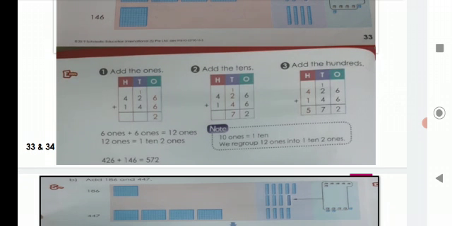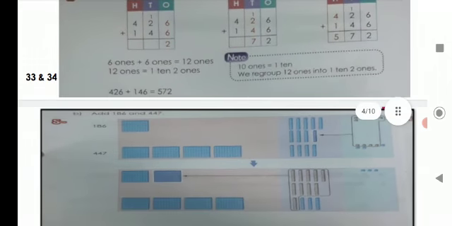the tens place. At the tens place now we have 3 digits: 2, 1 and 4. What will we do? We first add the 2 smaller numbers, 2 and 1. 2 and 1 is 3. So 3 plus 4, because 4 is left. 3 plus 4 is 7. Now at the hundreds place we have only 2 digits, 4 and 1. So add 4 and 1. 4 and 1 is 5. So the answer is 572. Now let's go to the next.